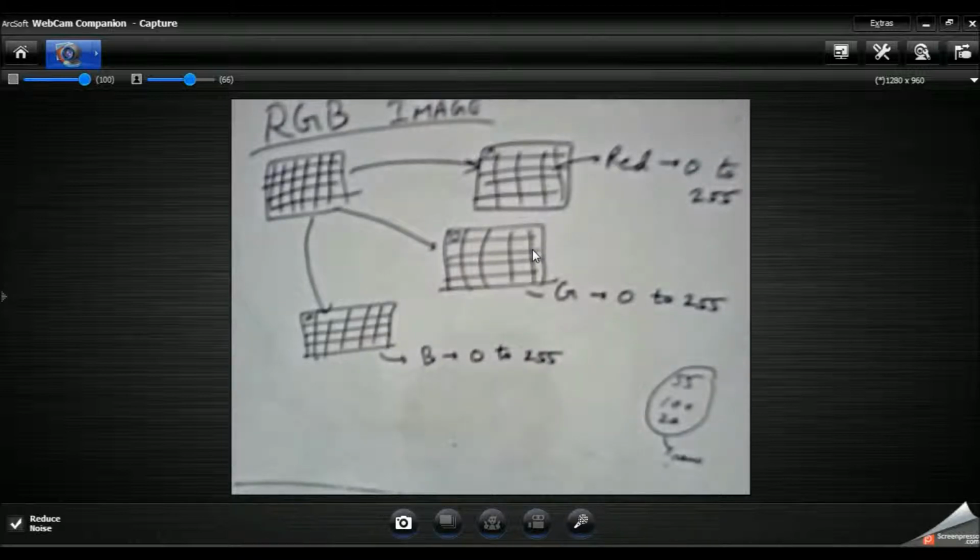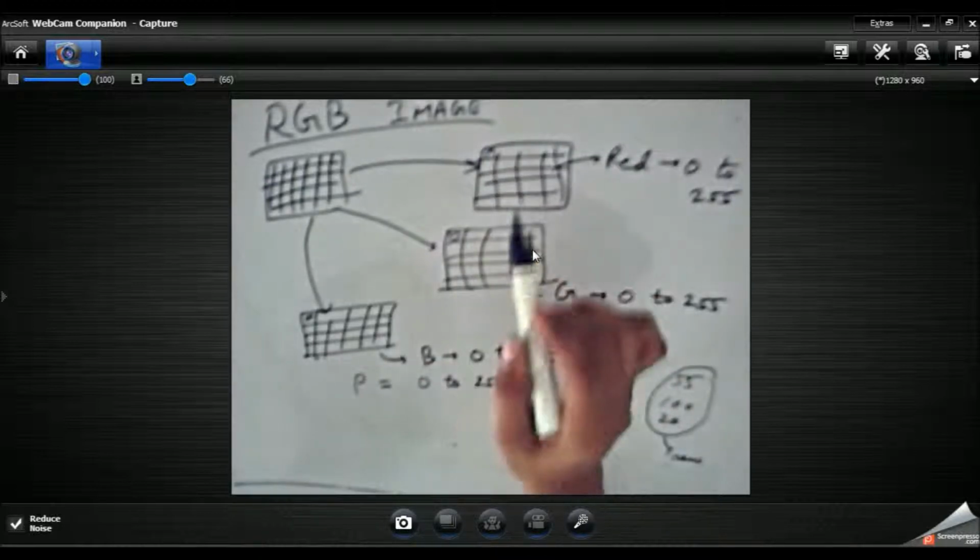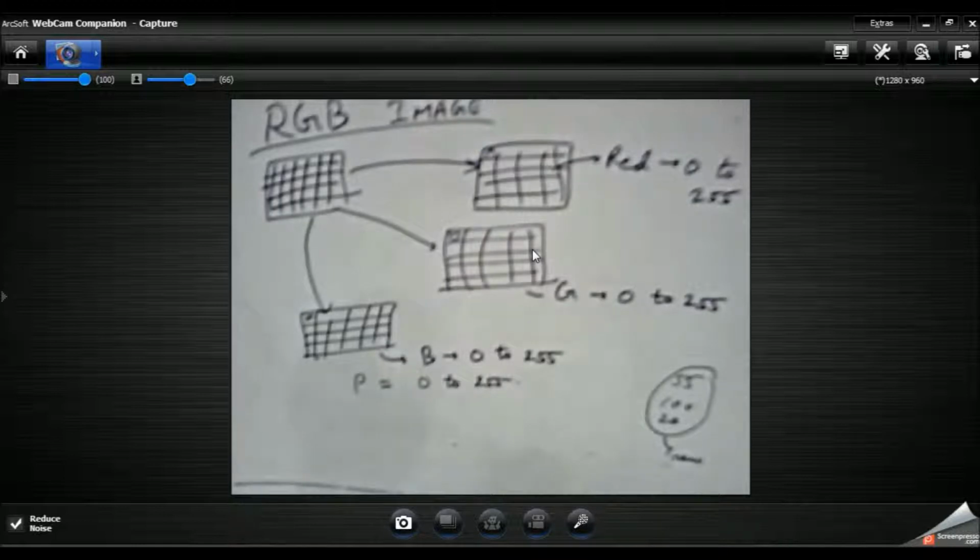Applying the concept of color thresholding in an RGB image is a little bit complex as compared to a gray image, because in a gray image we directly extract the value of the pixel and compare it to the values between 0 to 255. But in case of an RGB image, we have three different matrices of different pixel intensities. So for an RGB image, we have to separately compare the intensity values of red, green and blue color with the values between 0 to 255.